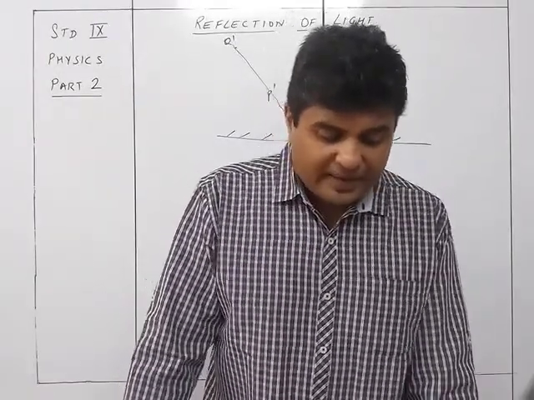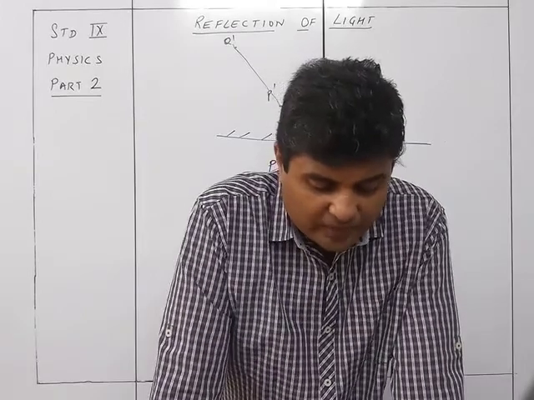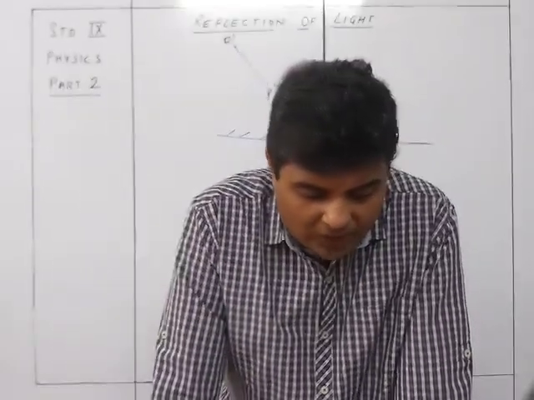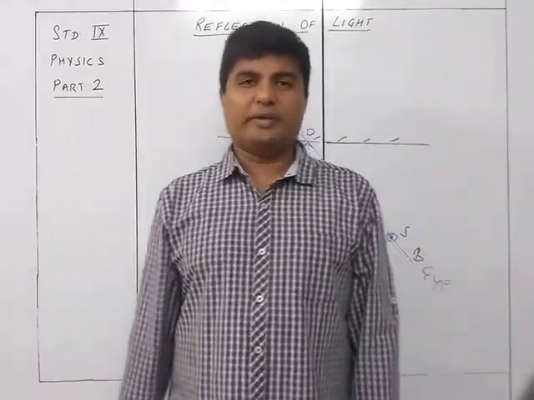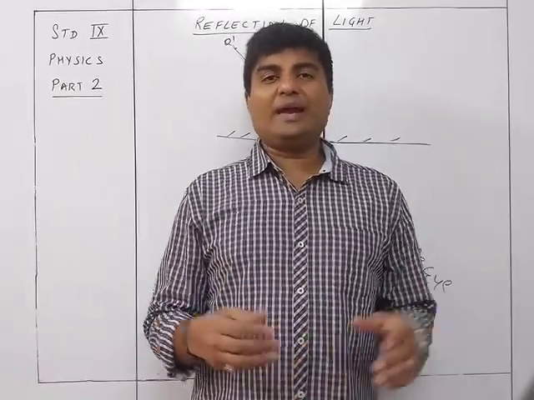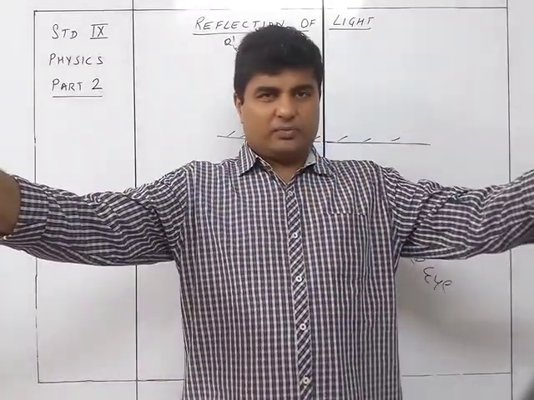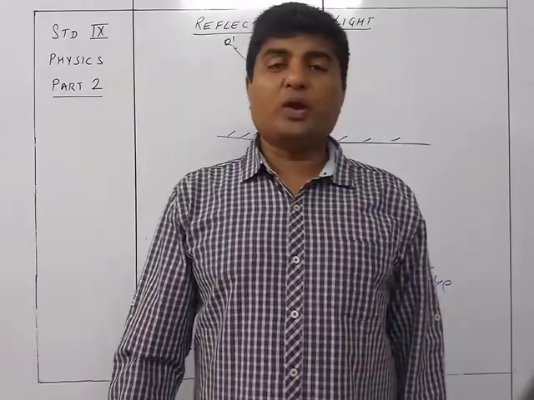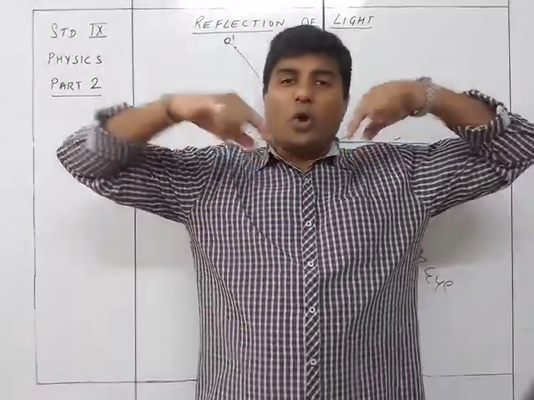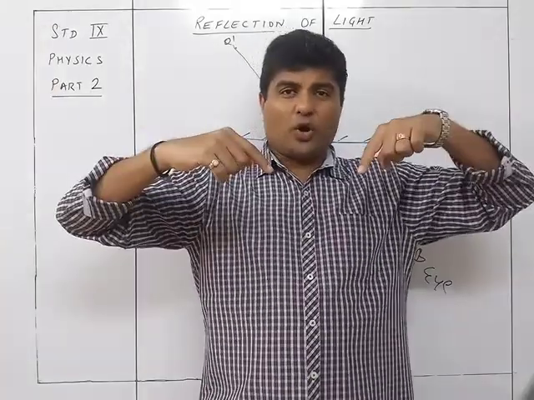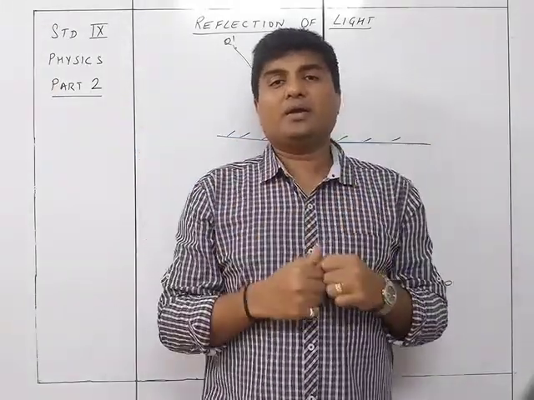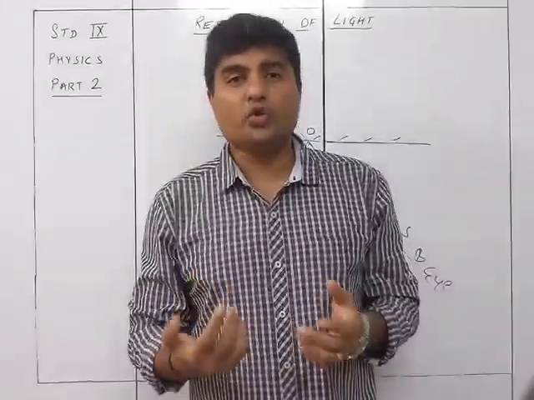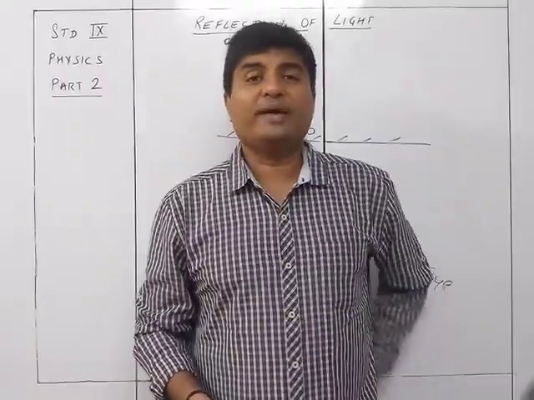A virtual image, an image which cannot be obtained on a screen, is called a virtual image. It is formed when light rays after reflection do not actually intersect, but they appear to diverge from the image. So they are not actually intersecting each other, but diverging, and when we take them backwards, we call it a virtual image. Those two lines were going in opposite directions, but we consider they are coming from a point behind the mirror, and that point is called the virtual point because there is no actual intersection. We are presuming that it is coming from that particular point. That's why it is a virtual image.